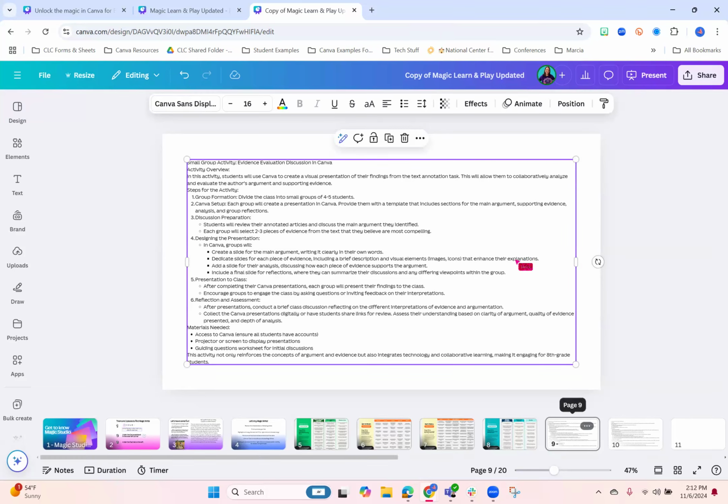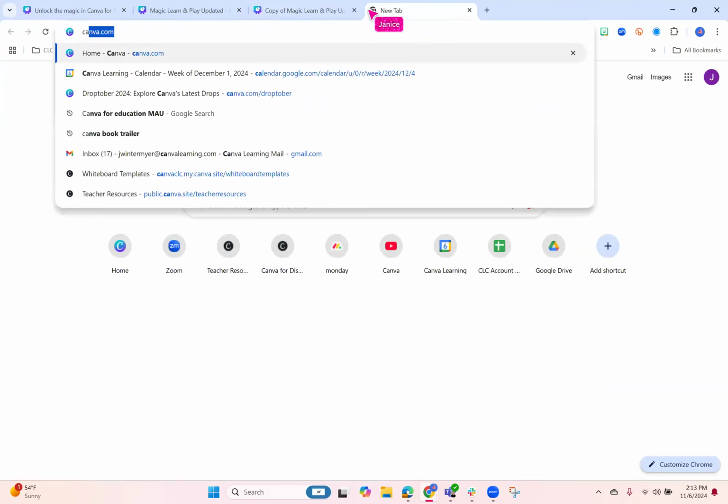So a couple ways you can use that. Again, you can have it extend on stuff that's already on there. You can have it write questions or explanation. It's not me, this is Canva, things like that. I'm going to give you one other way that you could use this. And it's going to look a little different, but I did this last week with a group and I thought